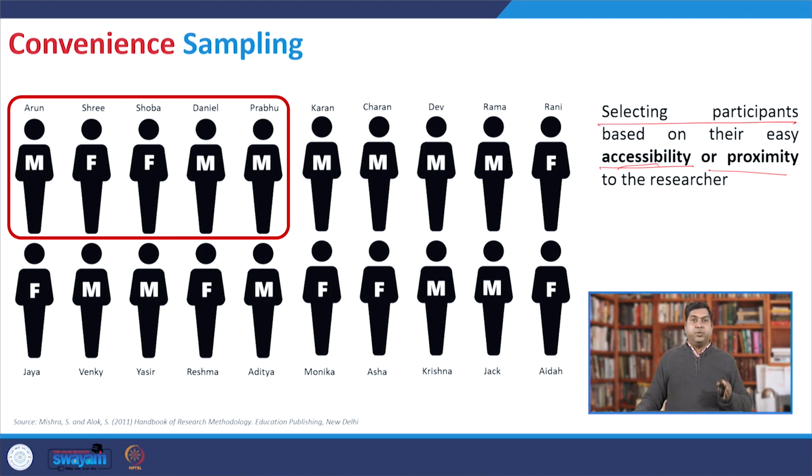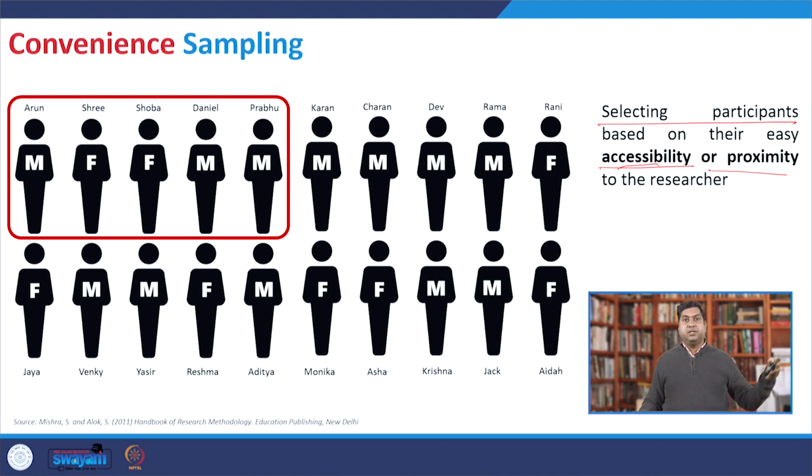If I want to do it across different years, like first year, second year, third year, and if I only take first year students, who are very well known to me, for example if I am teaching in first year, so I can